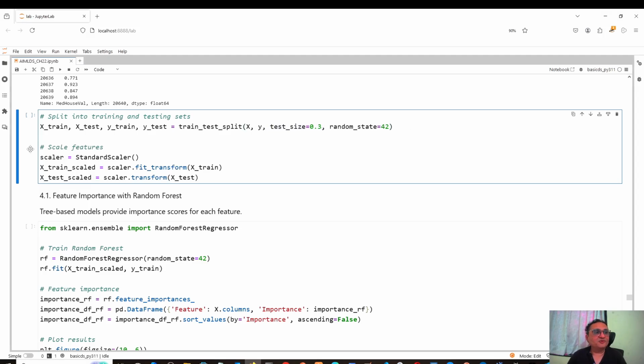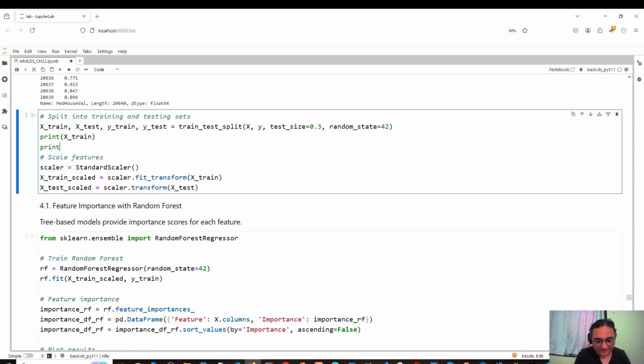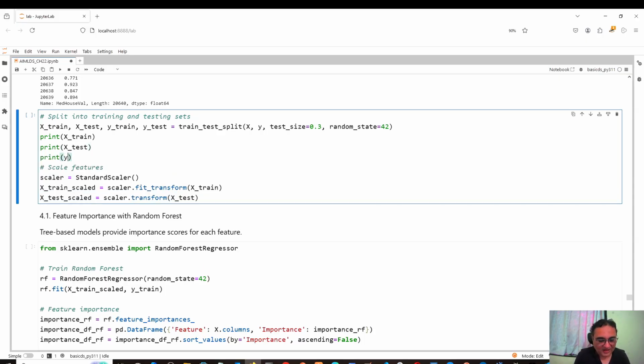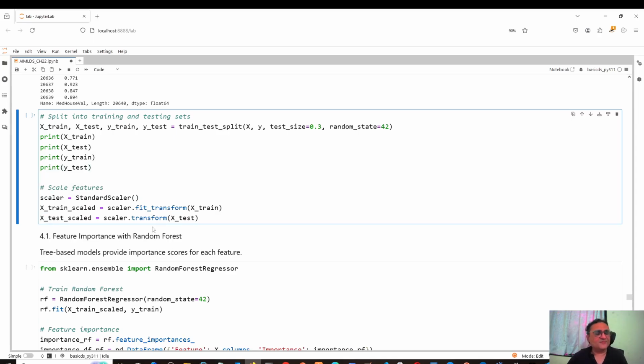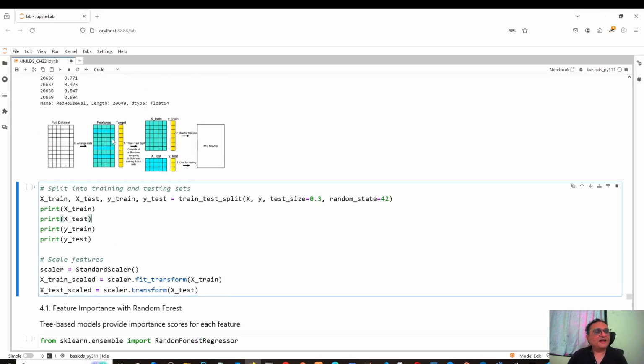Okay, now if you do this, I will also print x_train, then print x_test, then print y_train, and print y_test. Okay, and the rest of the thing, feature scaling, I'm keeping in the same cell, but I don't want to produce any output of that. I am just scaling the two train parts, that is X train and Y train. Now, what we are doing in this step, if you want to see,